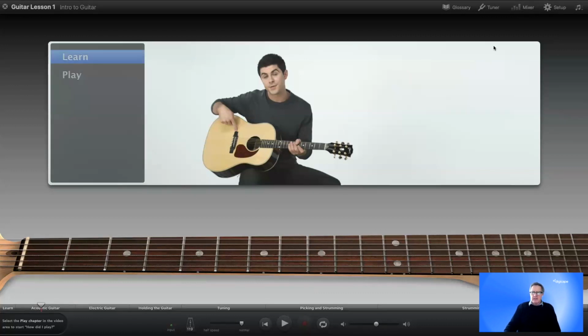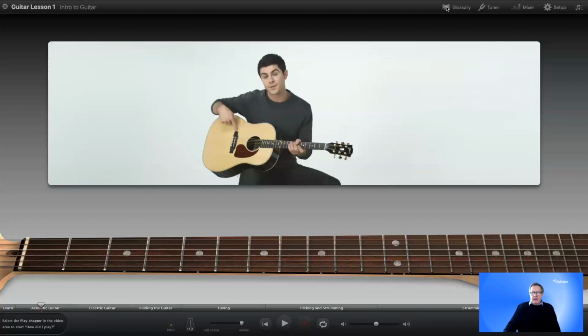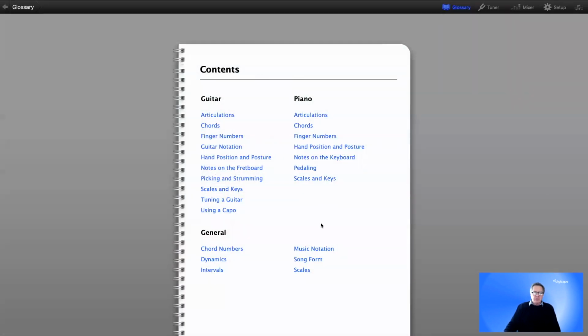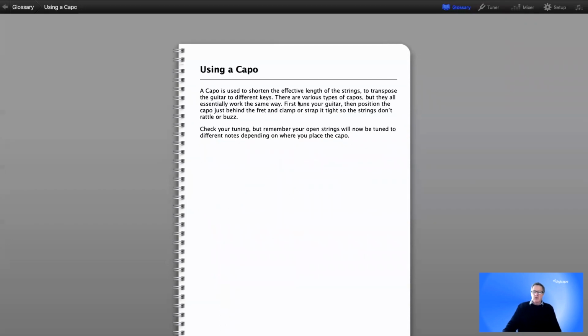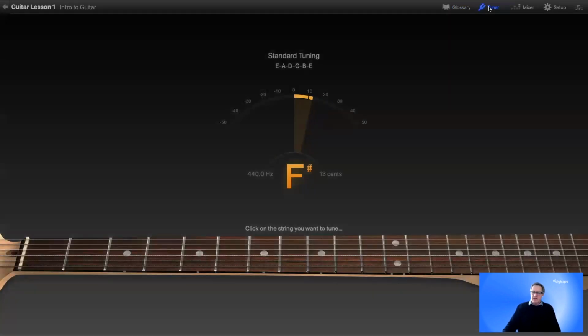So before we crack into the lesson, I can click on Glossary up the top here, and the glossary will give us a list of terms that the teacher is going to be teaching us. So even if I don't understand things like chords or articulations or a capo, I can click on these and it'll give me a description of what a capo is. If I'm not good at tuning things, I can click on tuner and I